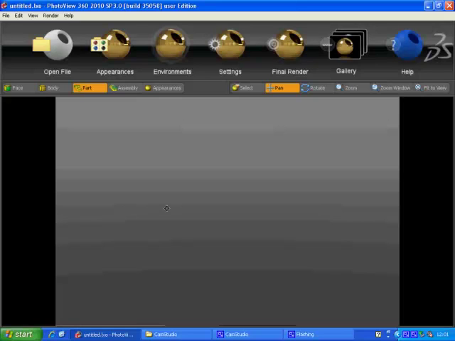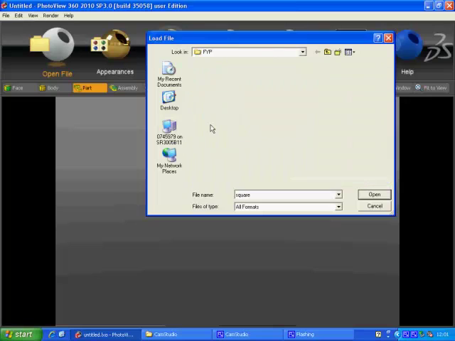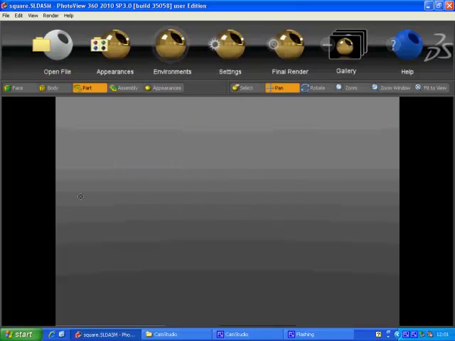Photorealistic imaging. In Photoview 360, select Open File and select the file. I have selected an assembly here. While this is loading, I will talk to you a little bit about Photoview 360 and how it is made